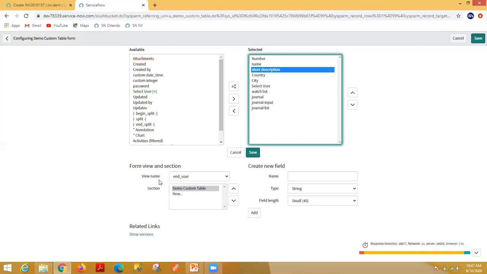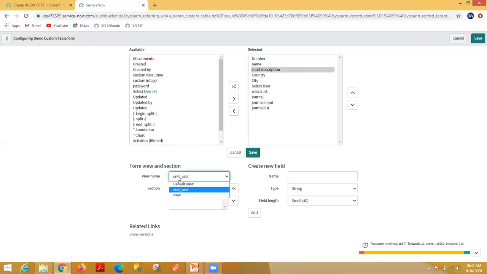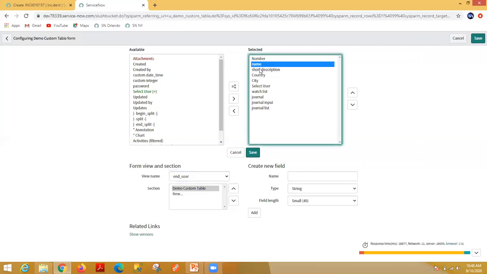You can see the view name is currently selected as end user view, so whatever modification you do will happen in the end user view. It will not impact the default view. Let's say I keep the number and short description fields here, and remove the rest of the fields from this view.